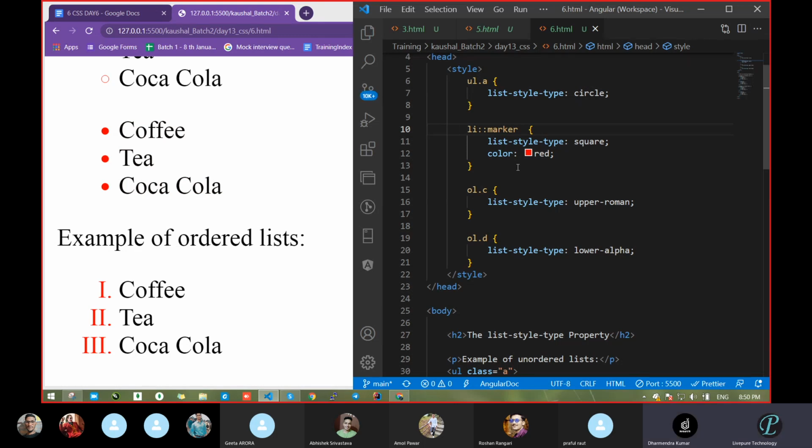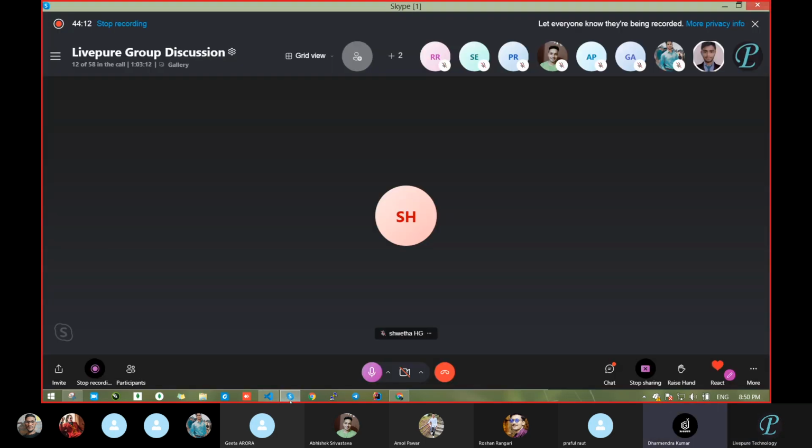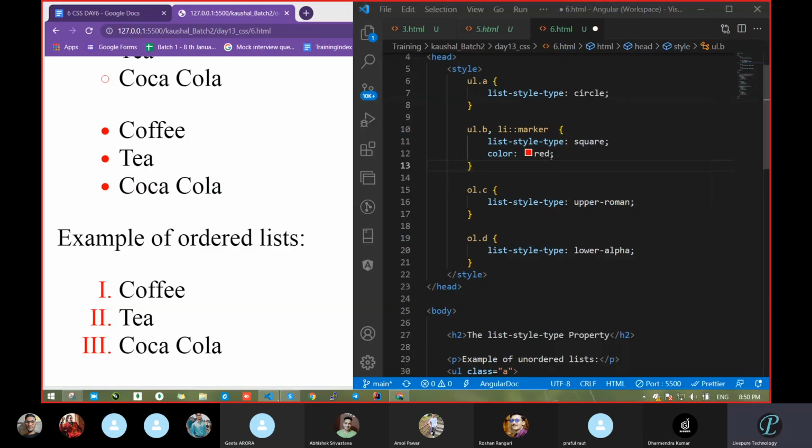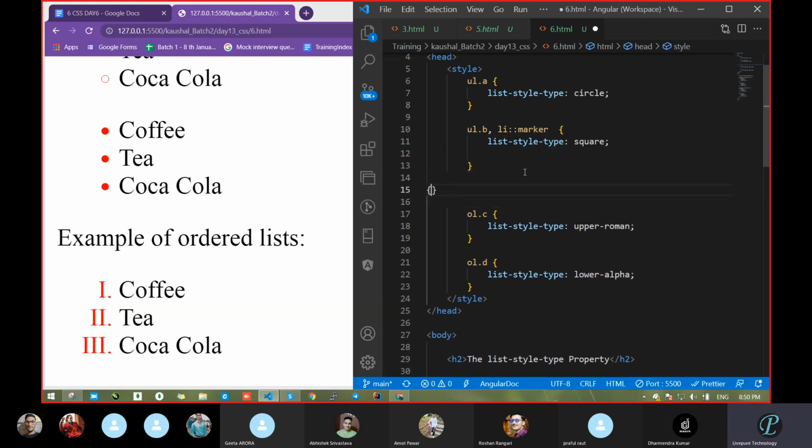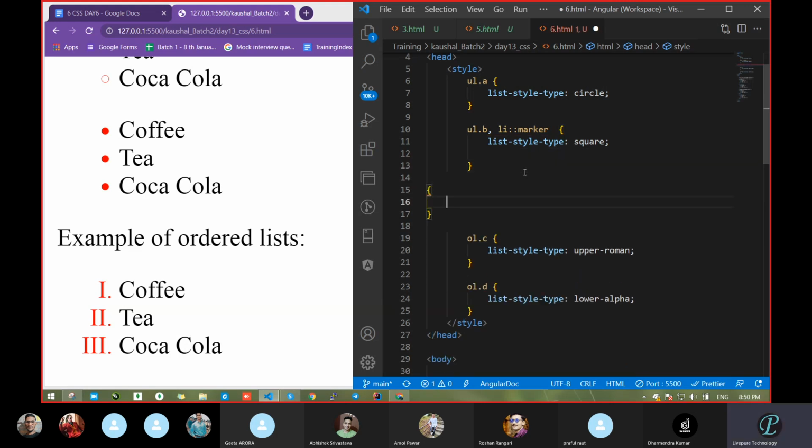Because we are passing. So here what we have done, we want only the color property. So just take this one and pass it here.